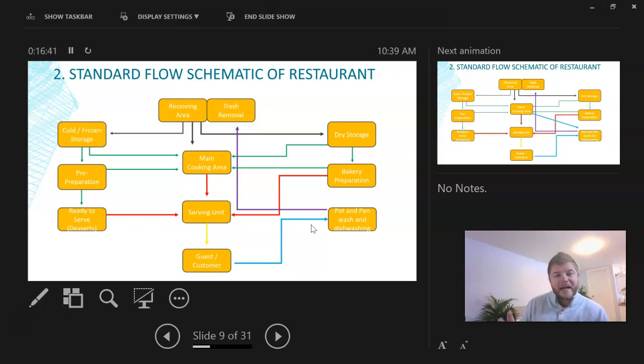So they're all kind of connected, but if I'm looking at the receiving area, I want the receiving area closely related space-wise, layout-wise, to my storage, my dry and cold and frozen storage. I want my pre-prep area located close to my storage and located close to my main cooking area. My main cooking area should be as close as it can to the serving unit, to out the doors into the dining room. And my pot and pan and dishwashing should be close to the doors,